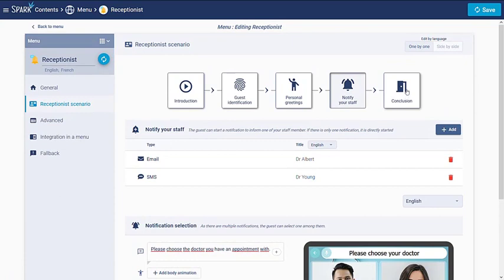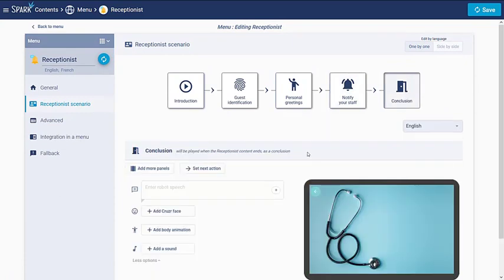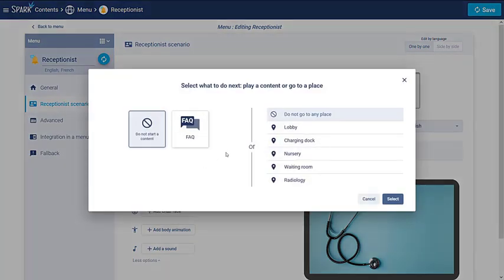And then finally, end of the receptionist scenario. If you click here on Set Next Action, you can see that you have the choice between starting a new content or asking the robot to go to a specific place inside the clinic, only if you have activated the navigation module in your menu. So in our use case, we want the robot to bring the people to the waiting room at the end of the receptionist scenario.